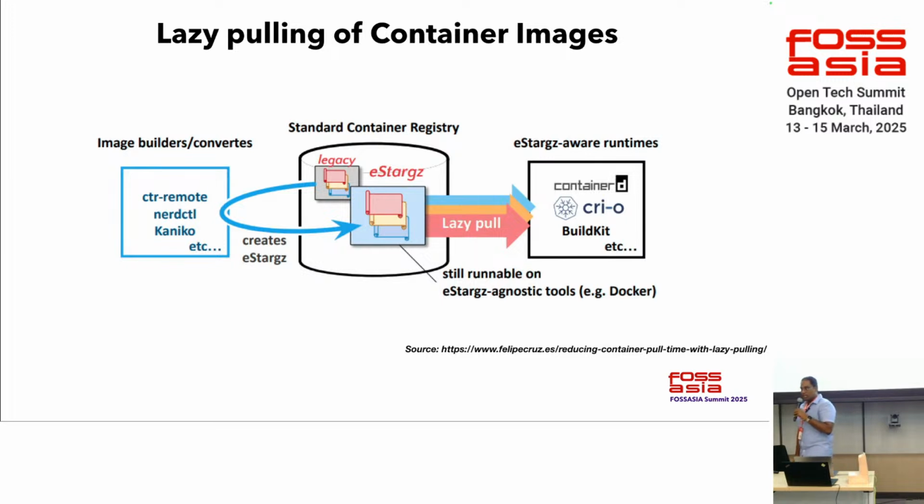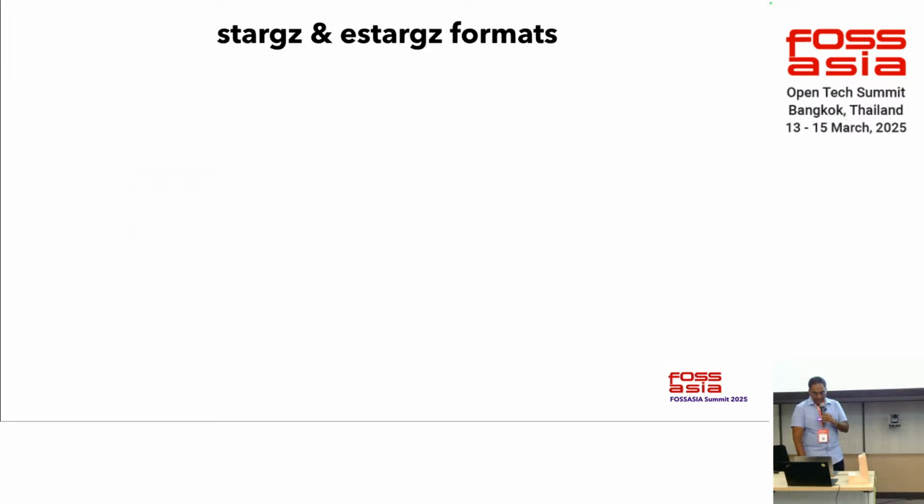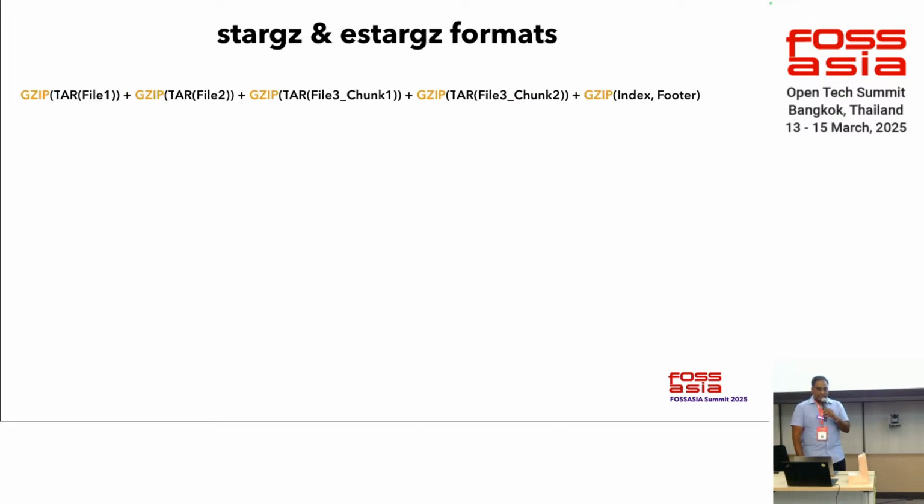So I'd like to introduce another concept called lazy pulling of container images, which the whole containers community has embraced. Google first released the Container Registry File System, CRFS, and released a new kind of Docker image format called stargz. So what a stargz format image does is basically it takes the tar file in your